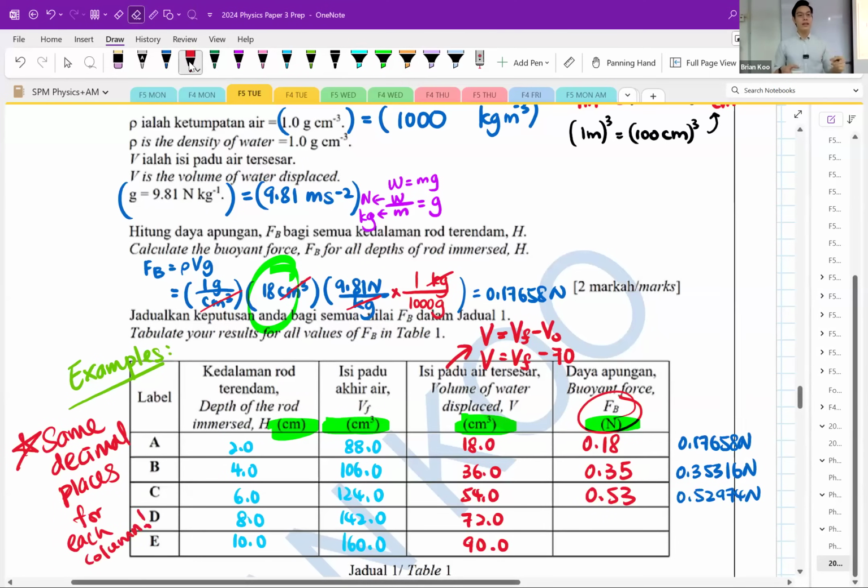Okay, so after doing everything, go back and check that your table must have two things: the same decimal places, and units. After you finish your whole paper, you check one round. Table, check all the units are there. Go and look at your graph, make sure the units are at the axes. That will be your final round of checking. Remember units. Don't lose marks. It'll be a waste if you lose that.